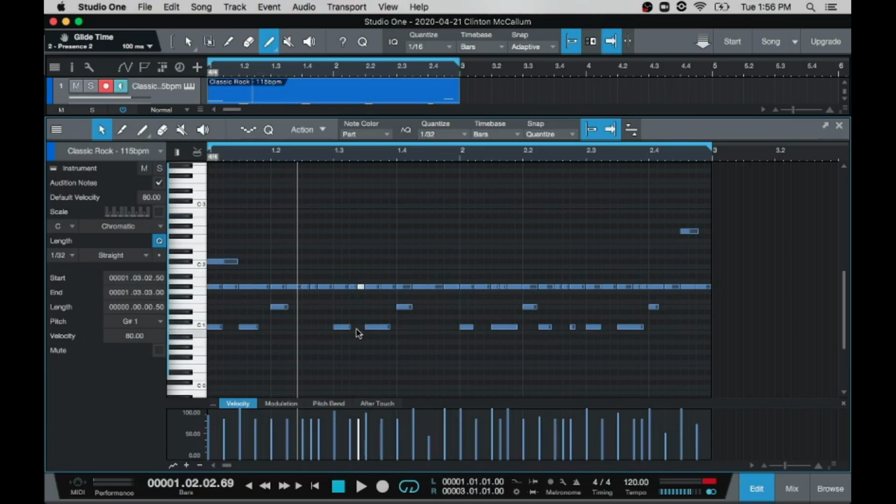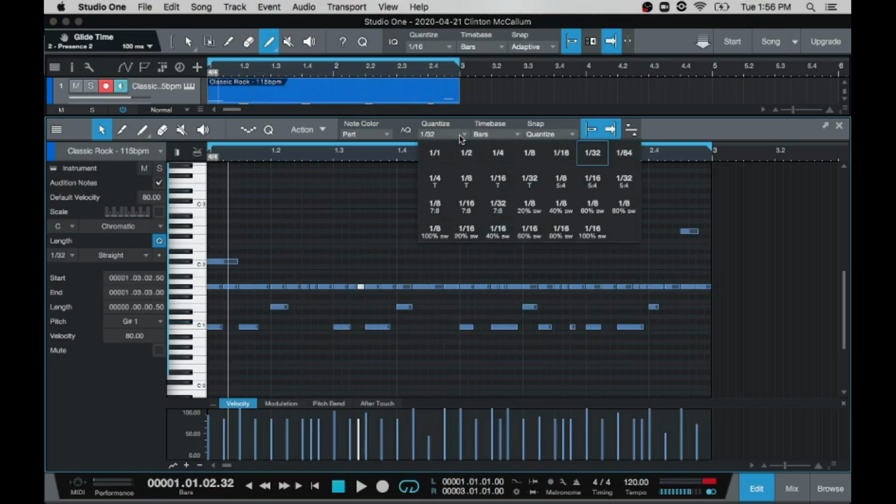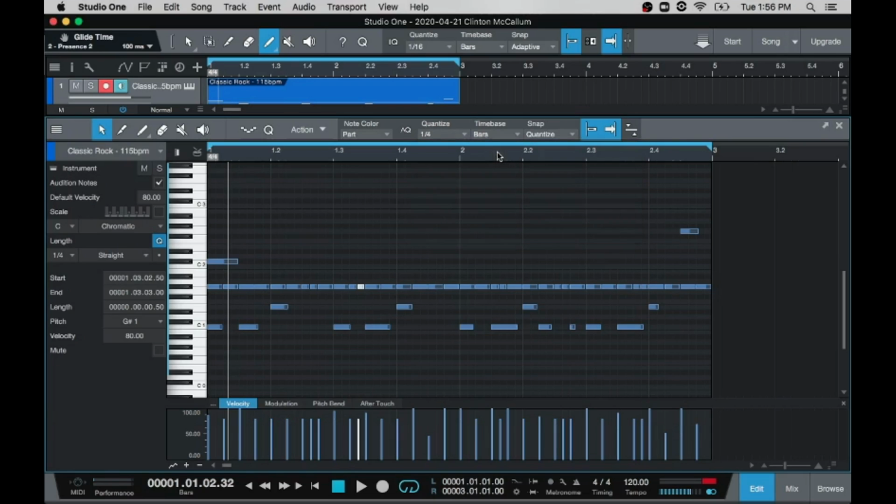Now, most dance music these days, right, is 4 to the floor. In other words, a bass drum hit on every beat. This rhythm is not 4 to the floor. What if I wanted to make it 4 to the floor? I'm going to switch my quantization to quarter beats. Now I can move these bass drum hits